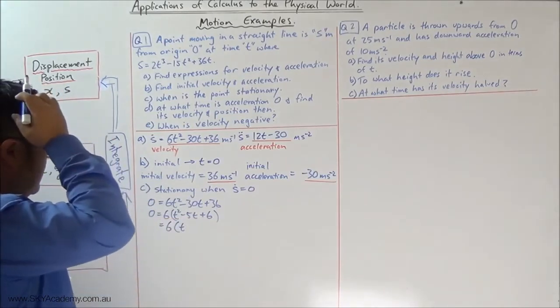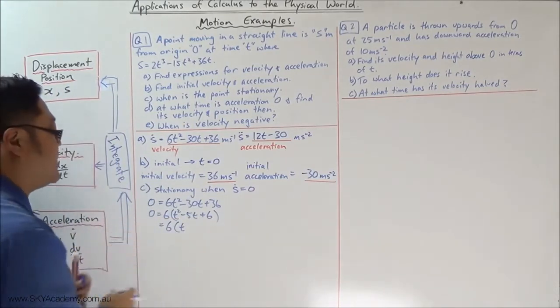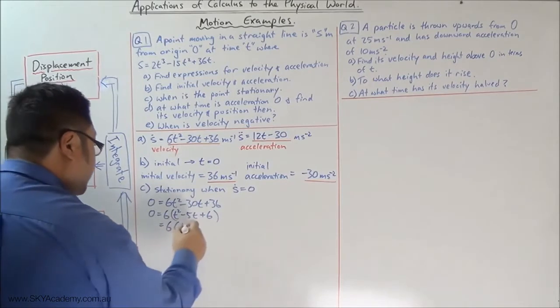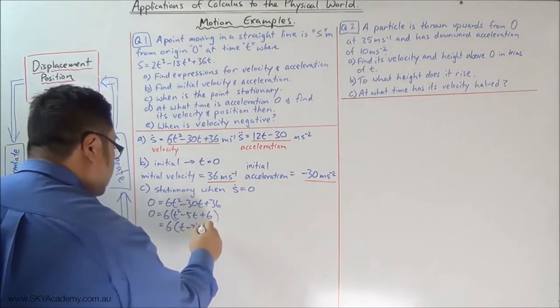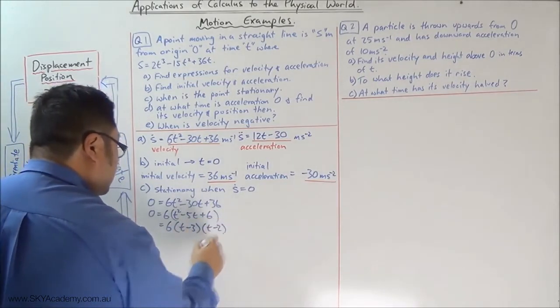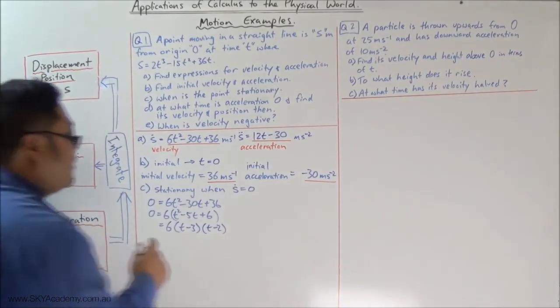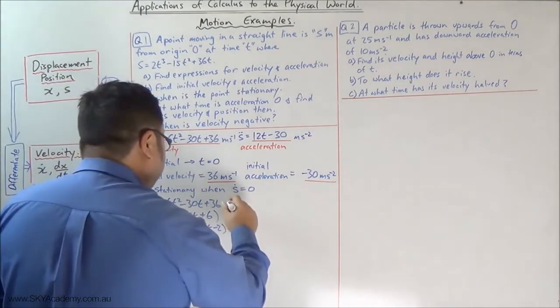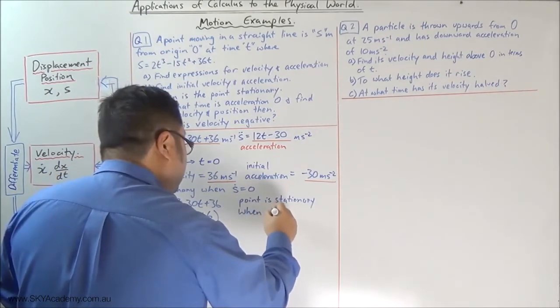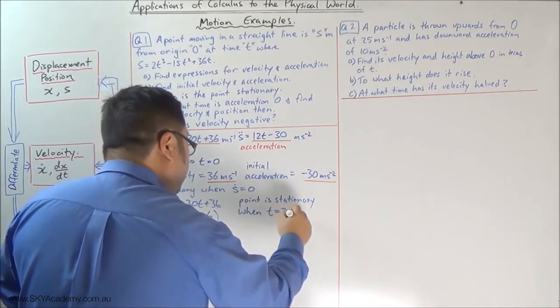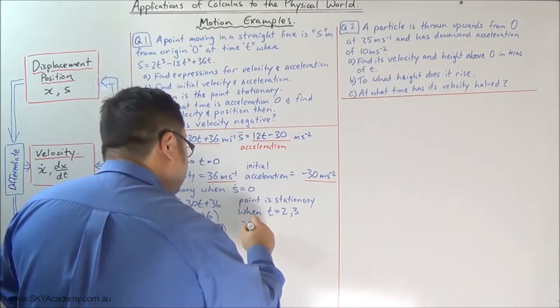It becomes, using the cross method or the product sum factor method, t minus 3, t minus 2. Yes? So in other words, the particle is stationary when t equals 2 and 3,